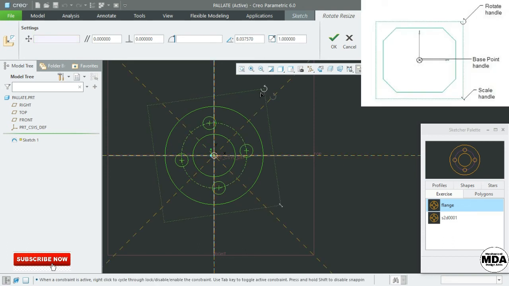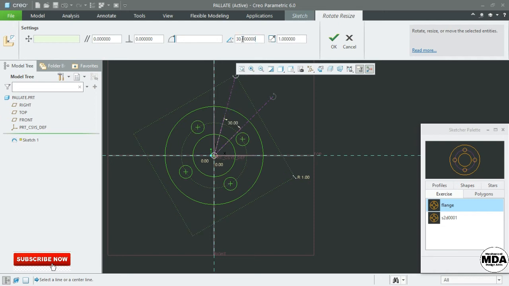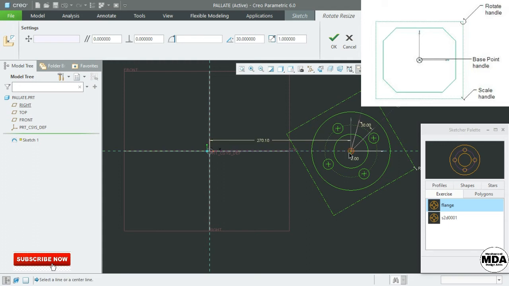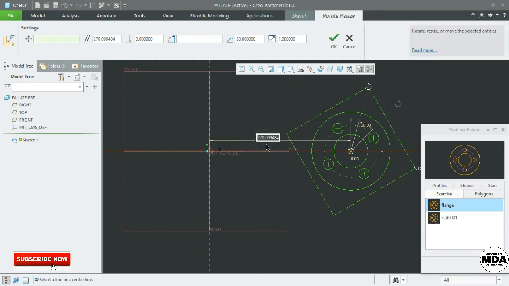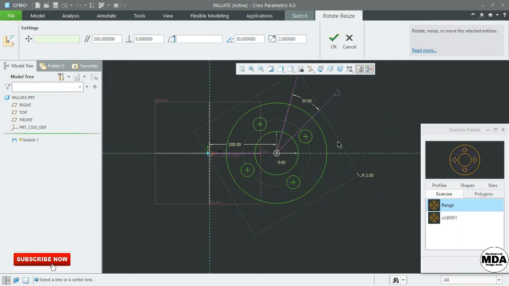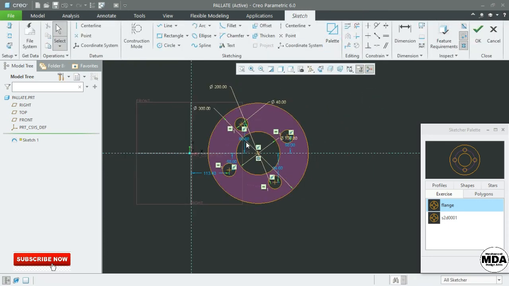You can rotate by using this, or you can directly give the value here. Or else you can translate: if you want to translate like this, you can click and drag. Here I want 200. Like this you can rotate and resize. Suppose you want double the dimension, you can do it like this. Simply say OK.